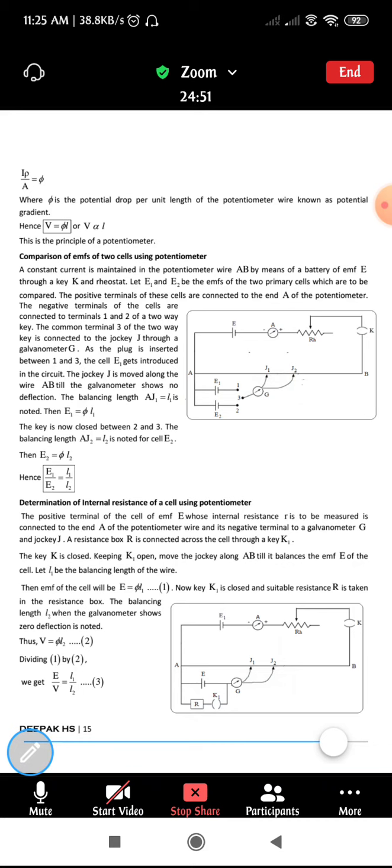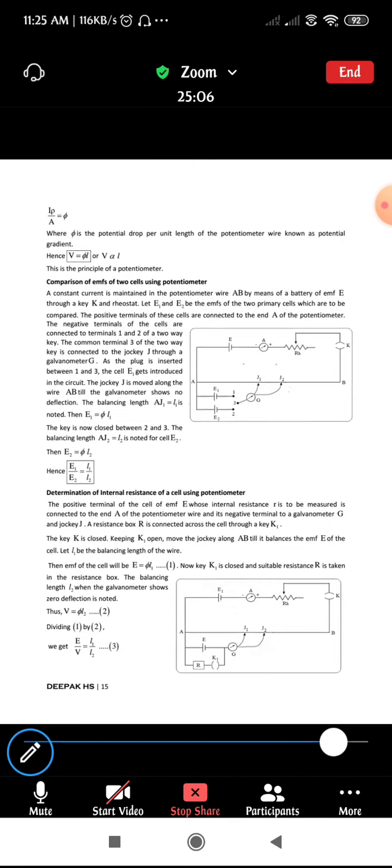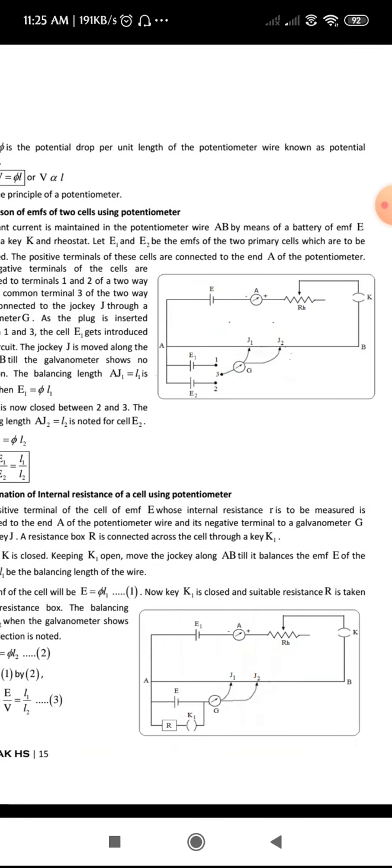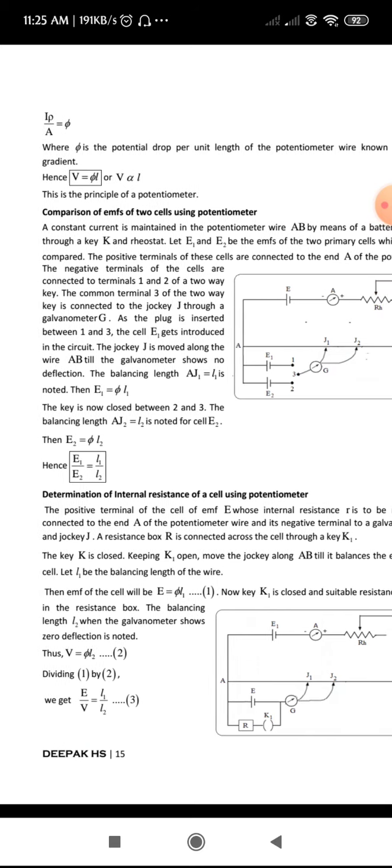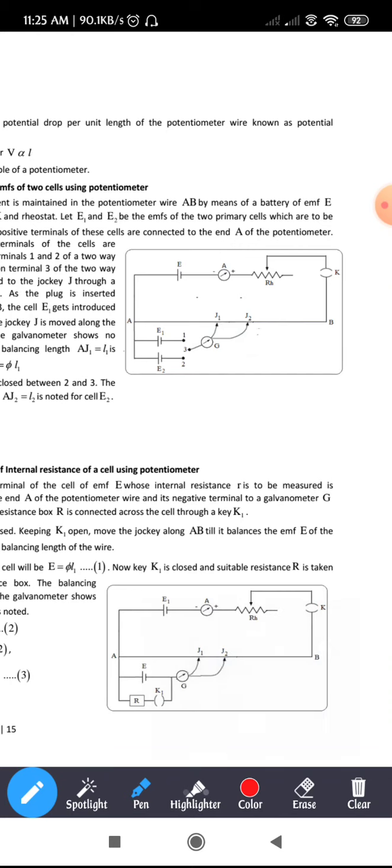Okay, fine. See here, E is nothing but the cell we have taken. While explaining the construction part, I think I said it in reverse. I said E as the battery and E1 as the cell. Sorry for that. E1 is the battery and E is the cell. And we need to find the internal resistance of the cell, the cell whose EMF is given as E.